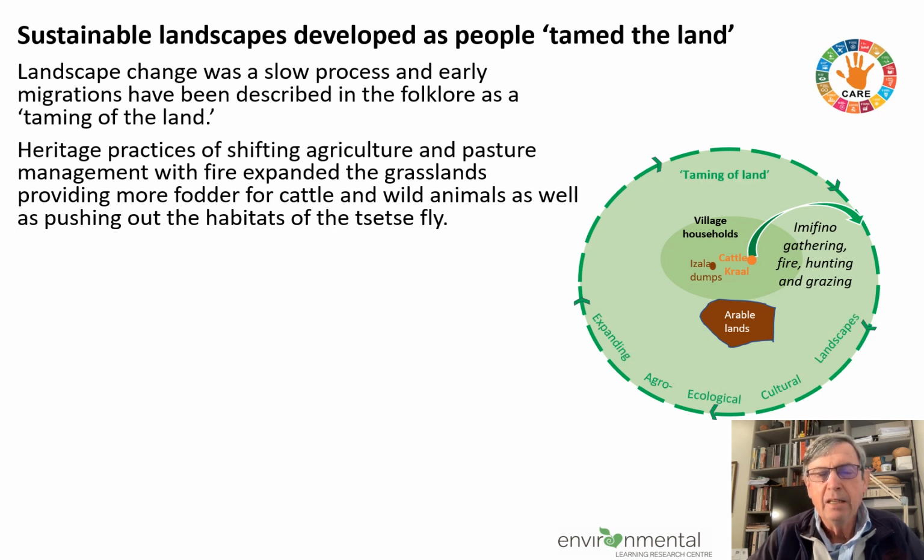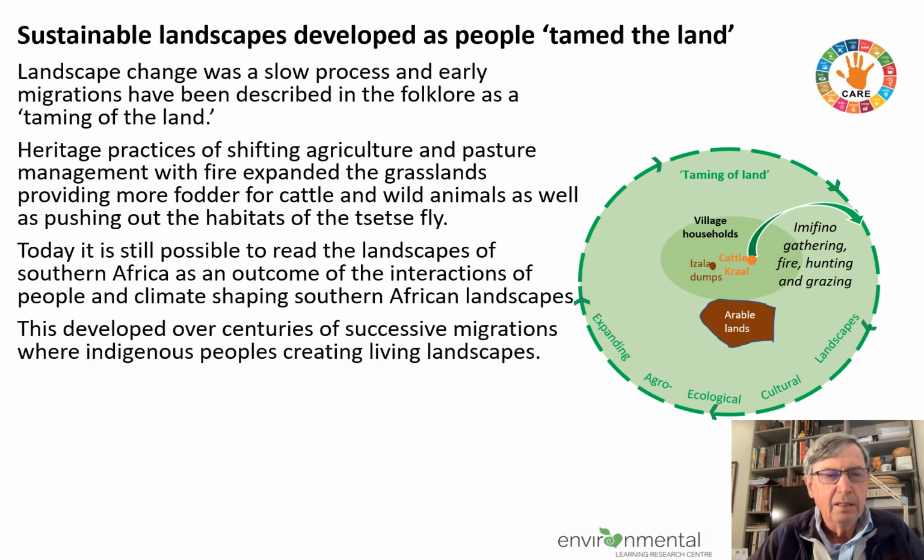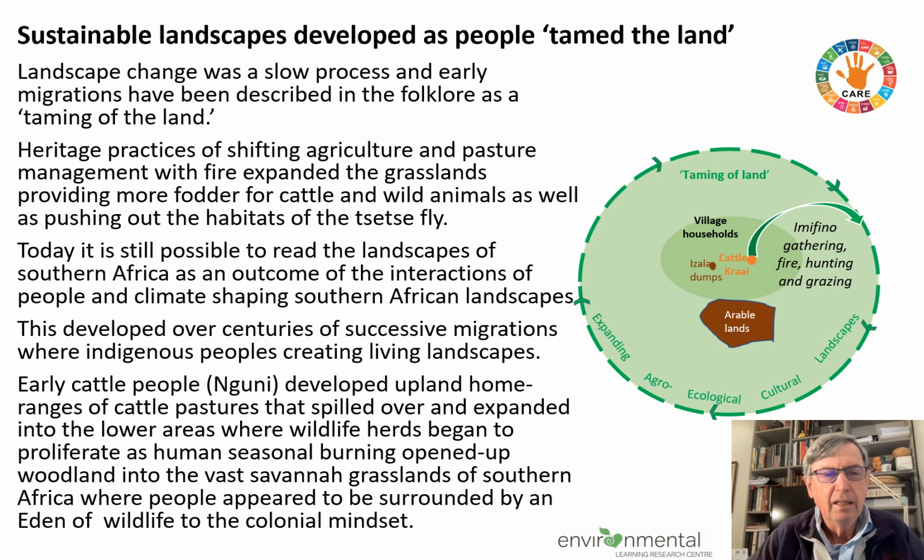and grazing. So this taming of the land processes can be looked at as expanding agroecologies and the development of cultural landscapes. Today it's still possible to read these landscapes of Southern Africa as an outcome of the interactions of people and climate shaping Southern African landscapes. This developed over centuries of successive migrations, as we said earlier, where indigenous people created living landscapes in this area